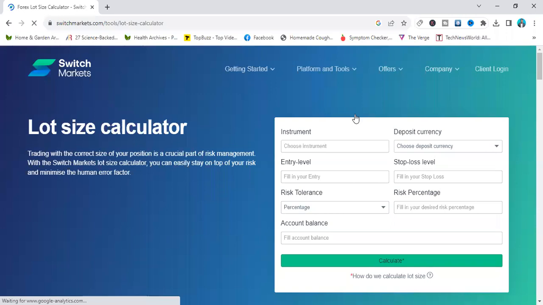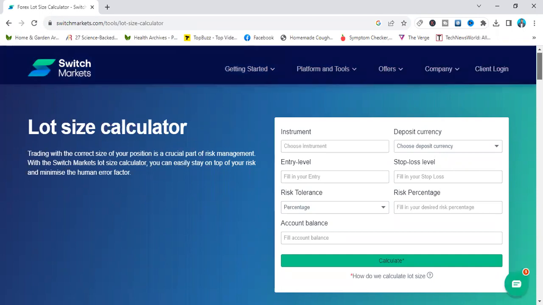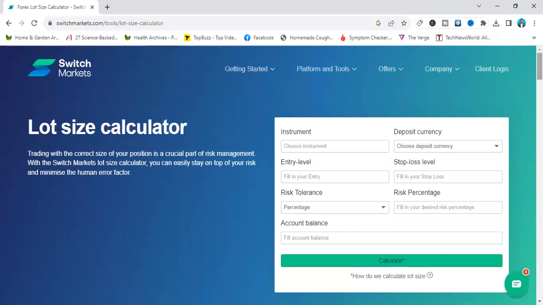now this is the lot size calculator. It has opened. You want to know what lot size to use on your account because you have seen a signal that you want to take. Don't forget, GBP JPY is a trade that we want to take, but we don't know what lot size to use because the stop loss is about 100 pips and your account balance is also $10 or $20 or $50 or $100 or whatever amount. You don't know what lot size to use. Once you come to this